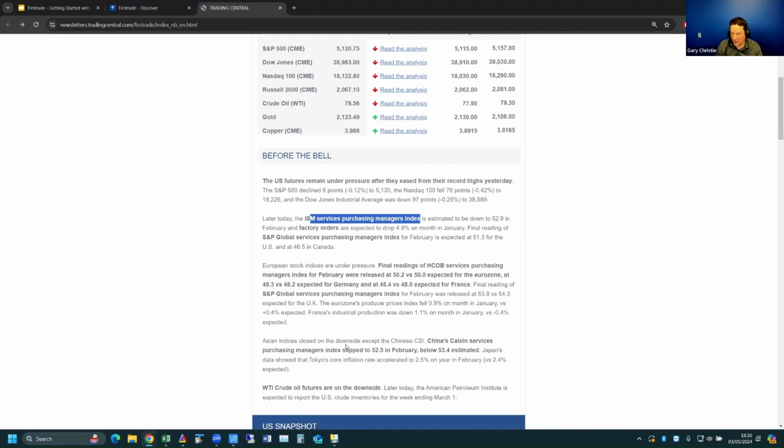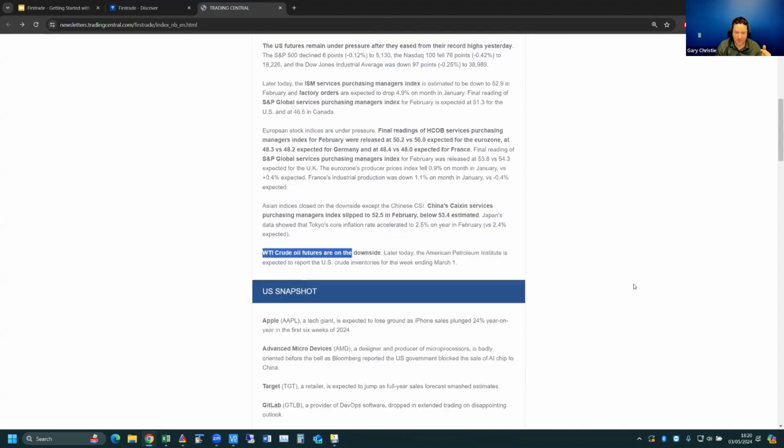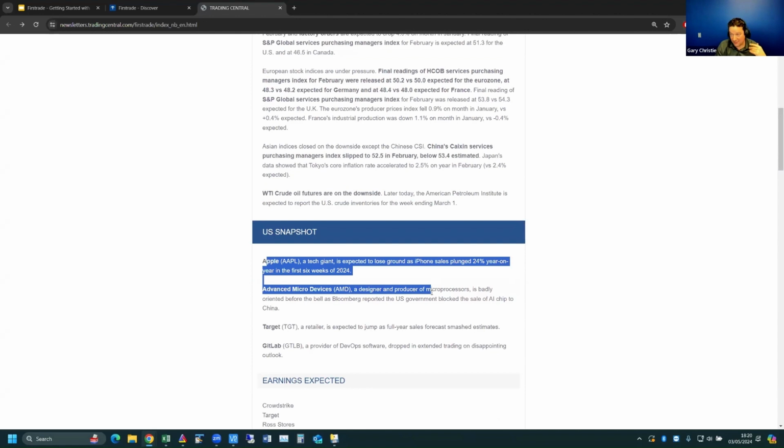Of course, all this matters when you're trading globally these days. And then a quick comment on crude because it's a popular commodity that people trade in terms of ETFs and commodities, futures, and so on. There's a US snapshot of stocks as well, of what happened after hours last night and pre-market in the morning,